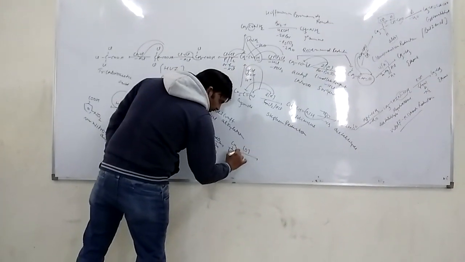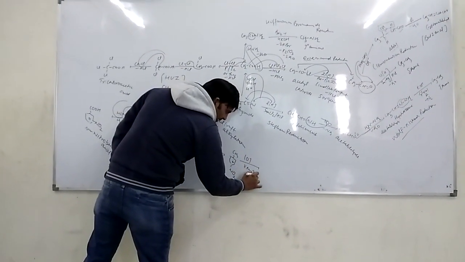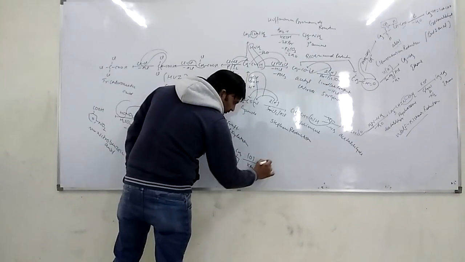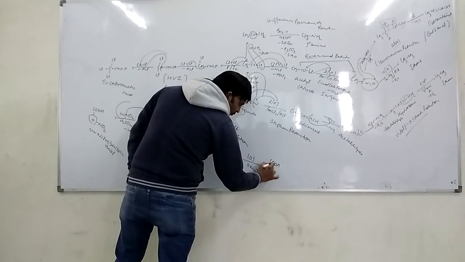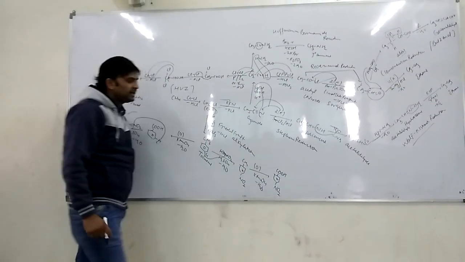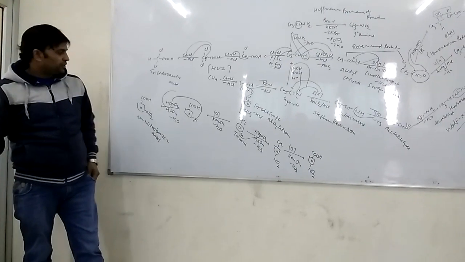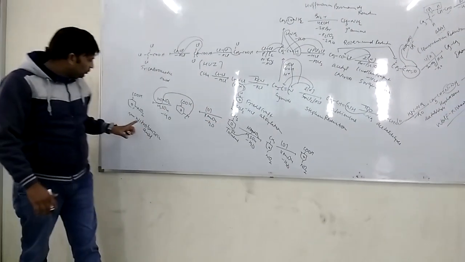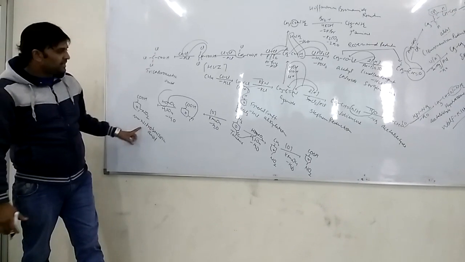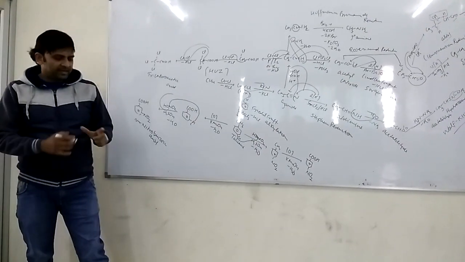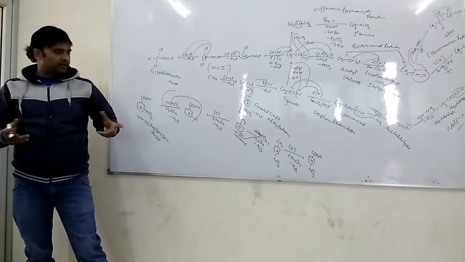So what will you do? It is oxidized in the presence of KMnO4, so that by the loss of water it is converted into COOH, benzoic acid, and NO2 is present at the para position. This is the conversion of toluene into meta nitrobenzoic acid and this is the conversion of toluene into para nitrobenzoic acid. The concept is what?